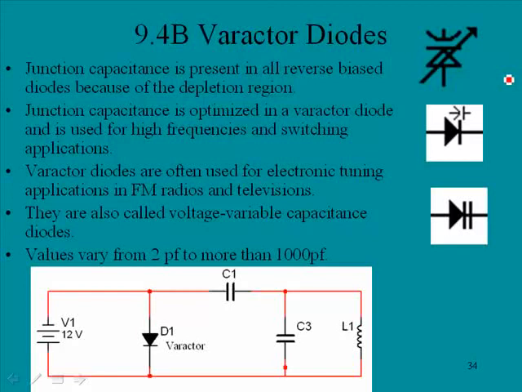We're continuing in section 9.4 with a discussion about special purpose diodes, and we're looking now at a device called a Varactor diode. Junction capacitance is present in all reverse bias diodes because of the depletion region, and you may recall that when